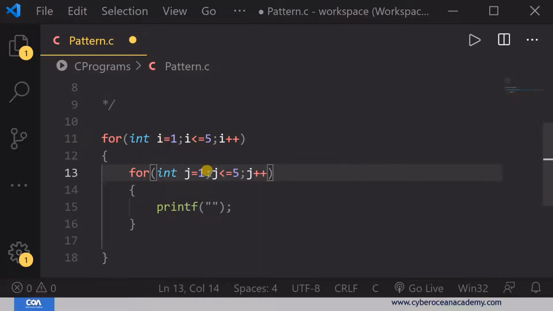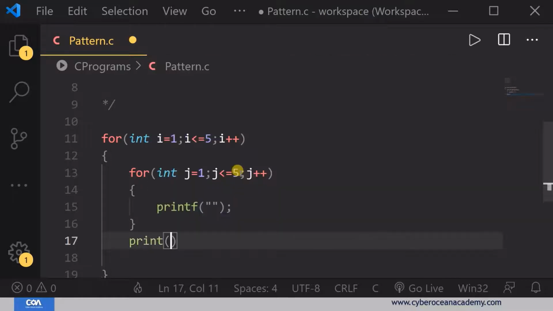It will execute this printf statement how many times? That depends on this for loop. Since j is less than or equal to 5, the loop will run 5 times and this statement will execute 5 times. After that I'm going to write another statement.